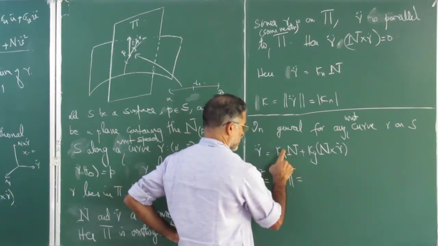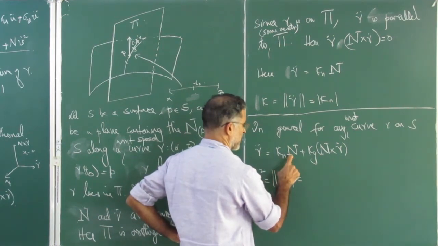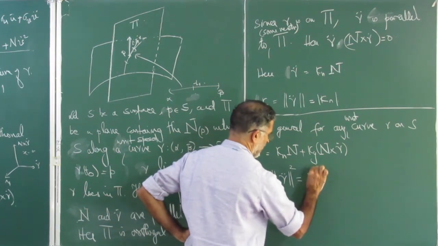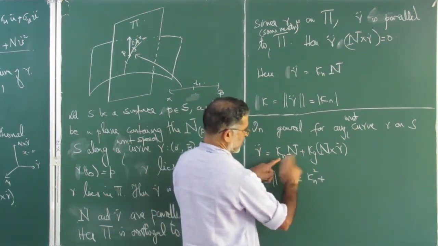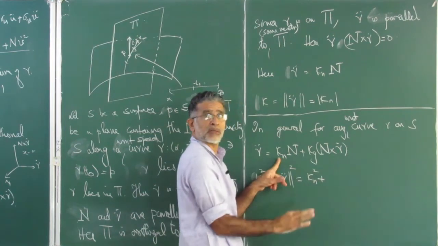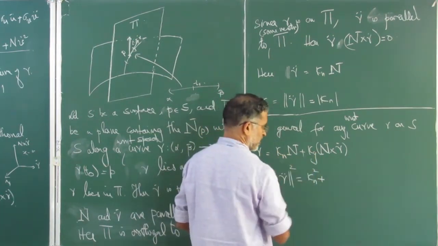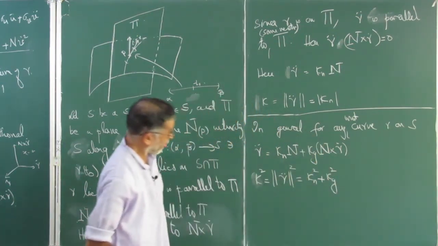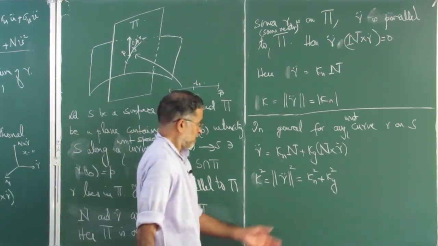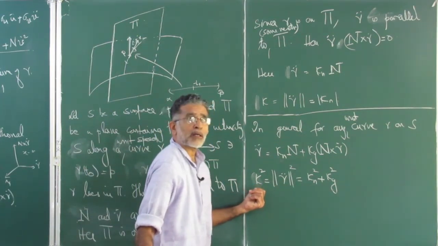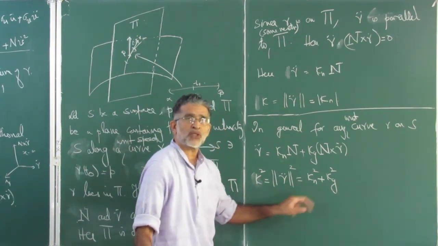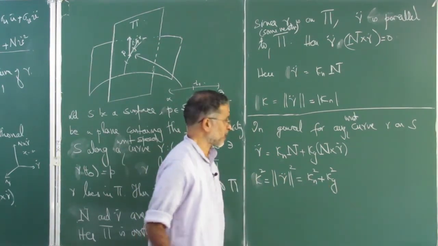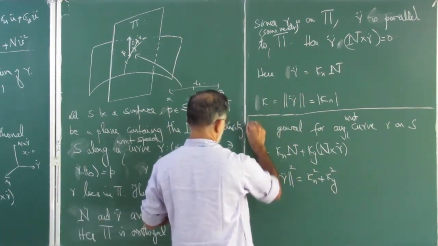That is equal to the norm square, the inner product of this with itself. So the inner product of this with this is kn square. The inner product of this with that is 0 because n is orthogonal to it, it's gone. And the inner product of this with itself is kg square. So generally, the square of the curvature is the sum of the squares of the normal curvature and the geodesic curvature. Anyway, this is a digression from what I was doing.